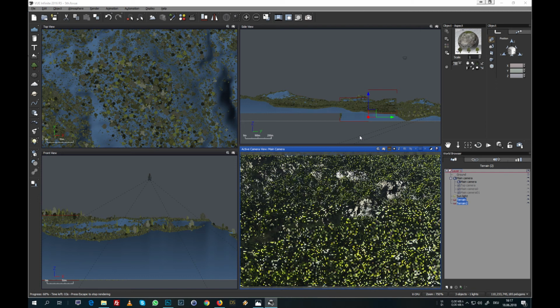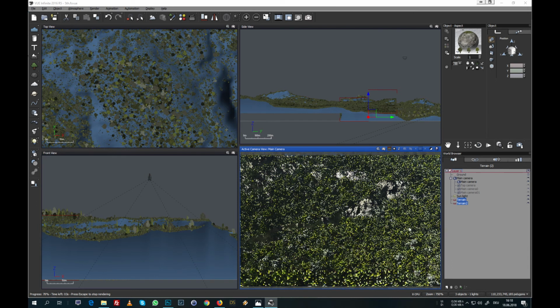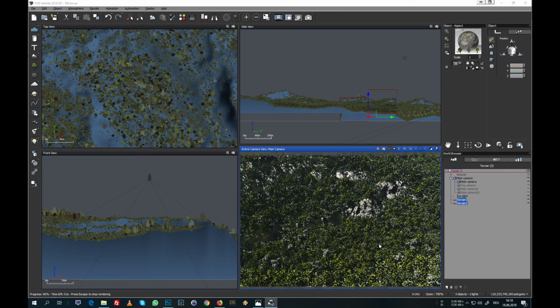And the smaller trees or the younger trees fill up the empty spaces that were left after we added the middle-aged trees, and it looks like a nice and lush forest. Overall, the distribution looks